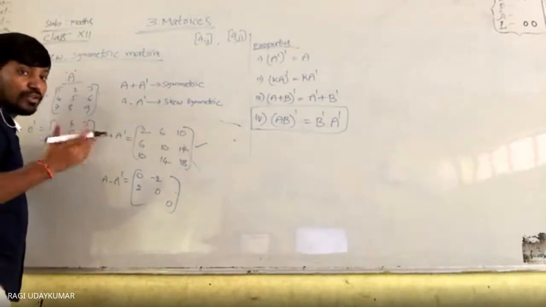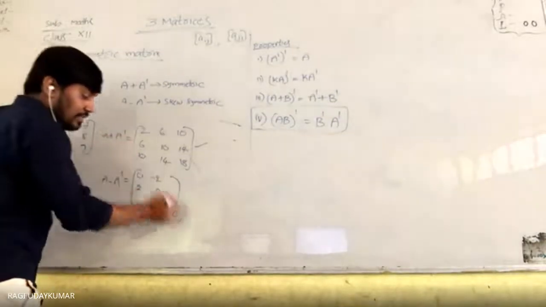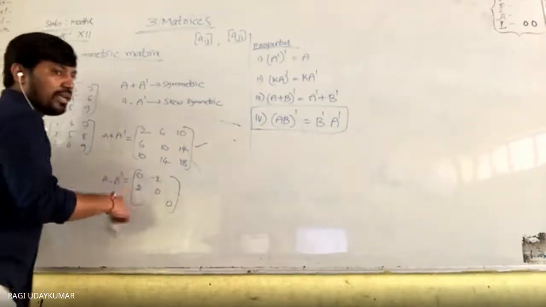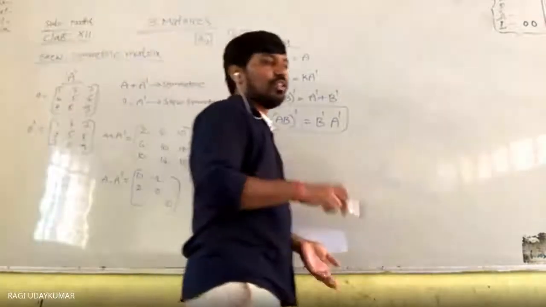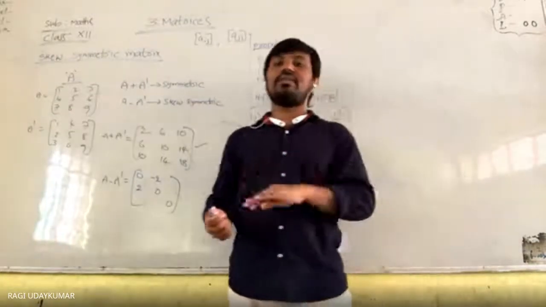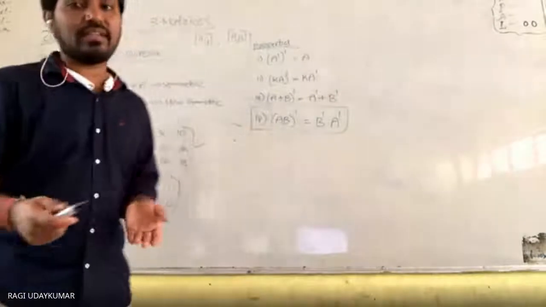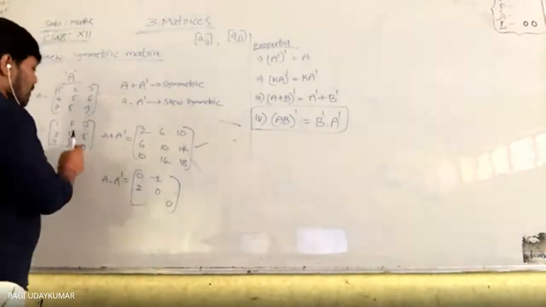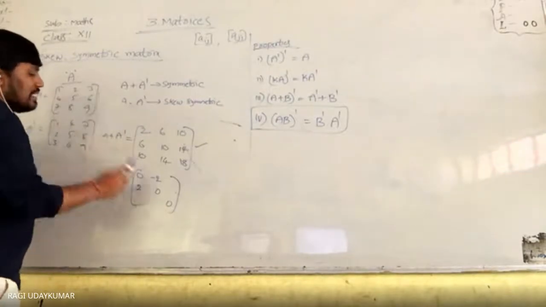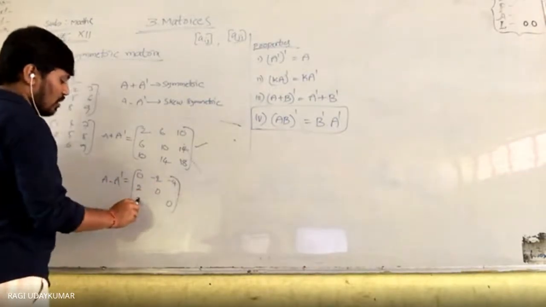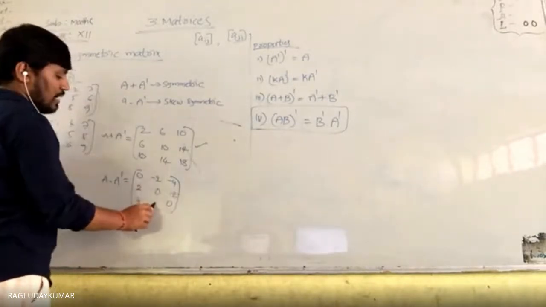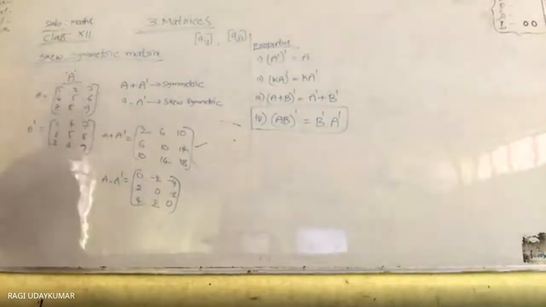I already told you about skew symmetric matrices. How do we identify them? The principal diagonal elements should be zeros, and the ith row, jth column element and the jth row, ith column element should have opposite signs with the same number, meaning additive inverses. In the same way, 3 minus 7 is minus 4, इधर plus 4 आ जाएगा, 7 minus 3. 6 minus 8 is minus 2, here plus 2 आ जाएगा, 8 minus 6 हो गया. This is just to show the example.